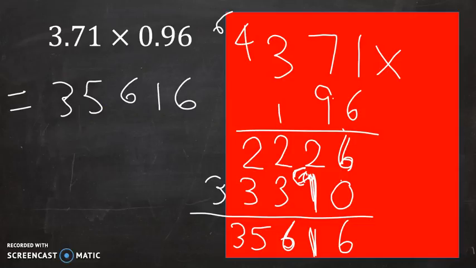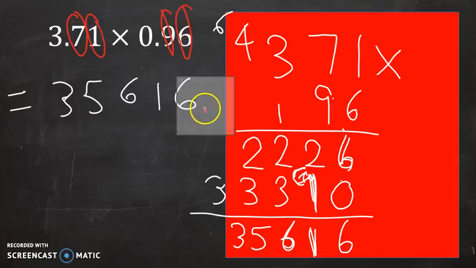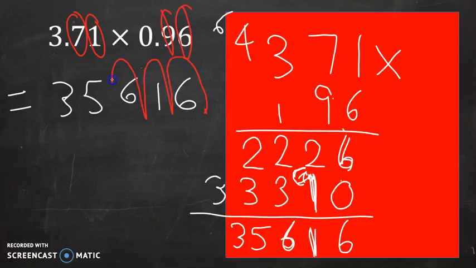Now, just a reminder, we weren't asked to do 371 times 96. We were asked to do 3.71 times 0.96. So we'll finish off the question using this quicker method. We're going to count how many numbers are after the dot. So 1, 2, 3, 4. So we can start at the end over here where the decimal place currently is. I'm going to jump 1, 2, 3, 4 and put in my new decimal place. So we get